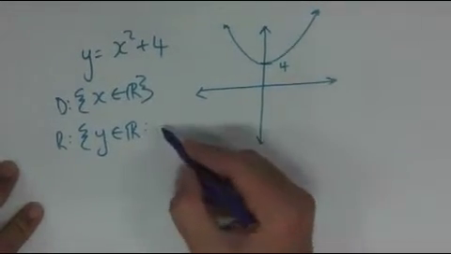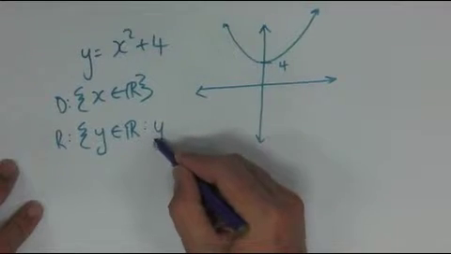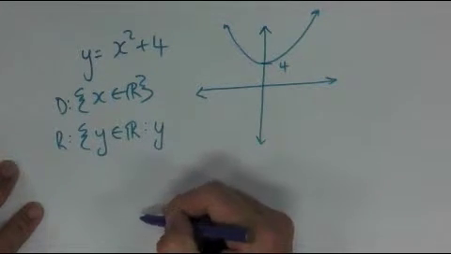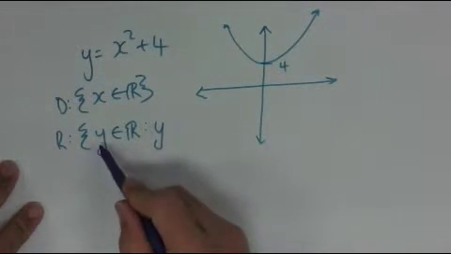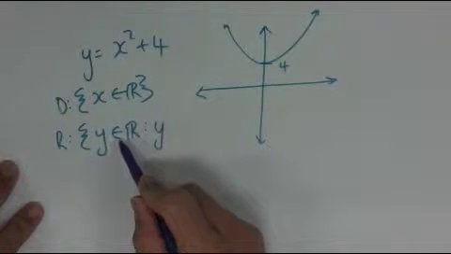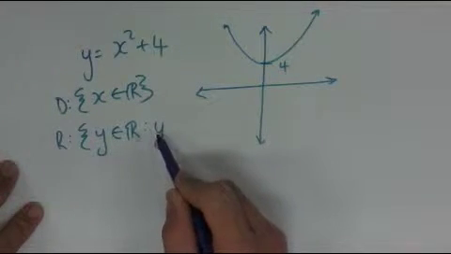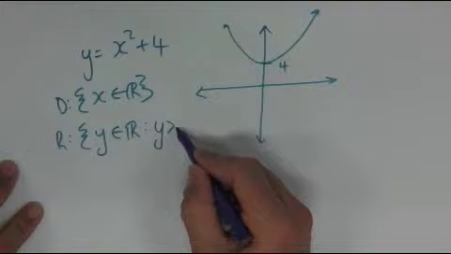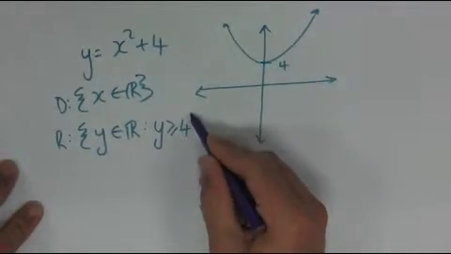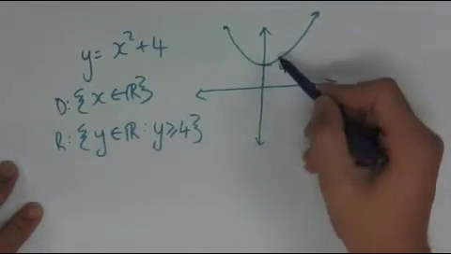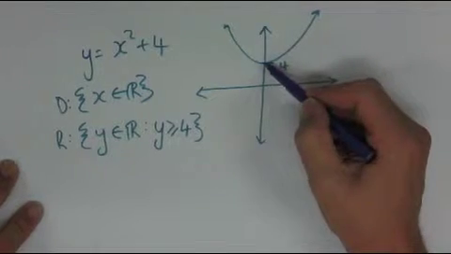y. So in fact, my answer, I should say, needs a special condition. y can be any real value such that y is going to be greater than or equal to 4. So what this means is that y would be anything above this mark 4, because that is the lowest value